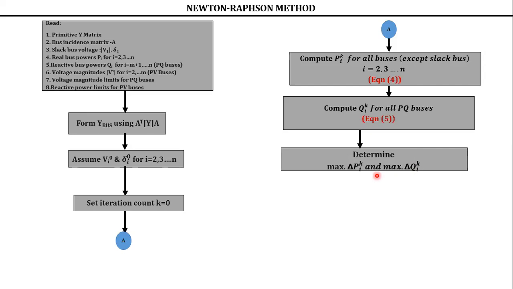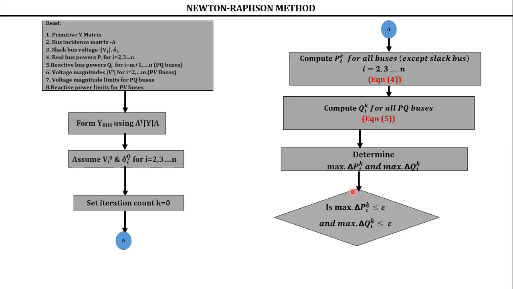Now you test the convergence. What is the convergence? I explained, isn't it? Now put a rhombus. Is this maximum delta PIK less than or equal to epsilon? Epsilon is the accuracy. How accurately you want the solution. What is the accuracy you need as a power system engineer? So if you want planning purpose, real-time monitoring, online control, or normal load flow, depending on that, it may be 10 power minus 4, 10 power minus 6, or 10 power minus 8. Okay, so this is the thing you should remember.